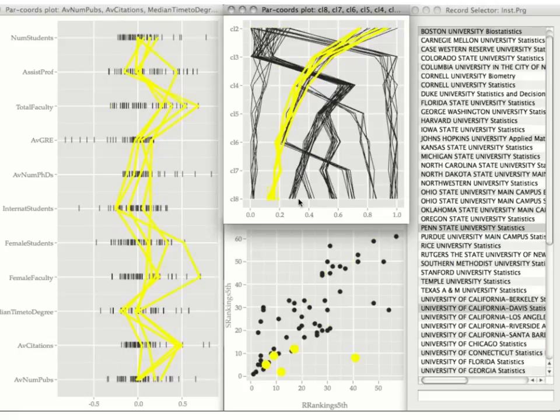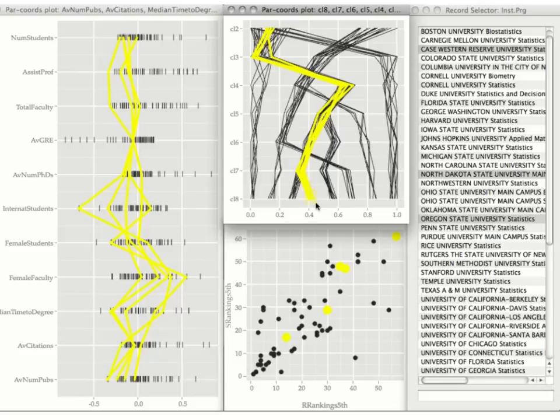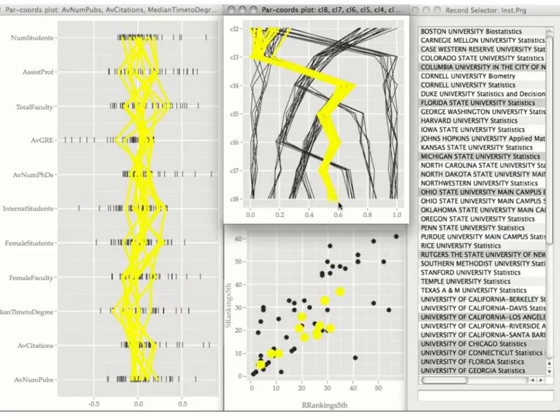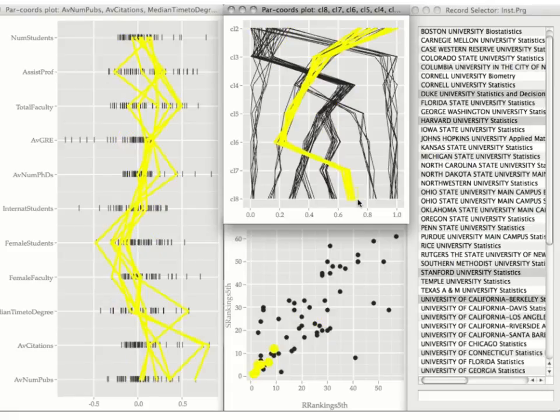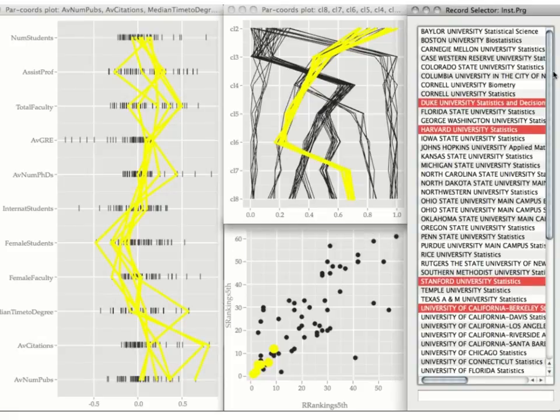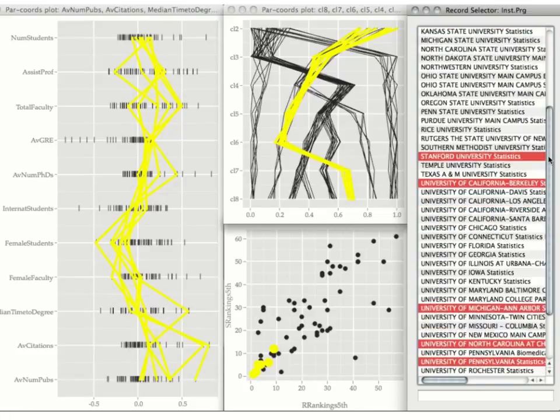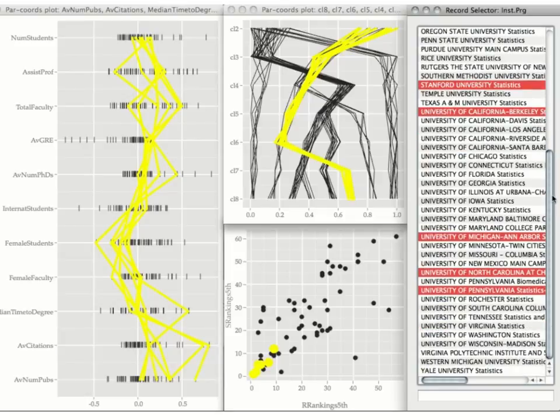It is fairly concentrated in the average number of PhDs. These universities or these programs produce a smaller number of PhD students. They are also, for the most part, accepting students with the lowest GRE scores. There's small programs in terms of small number of total faculty and in terms of number of students. There's one institution that has a higher GRE of the incoming class, and we can look at which one this